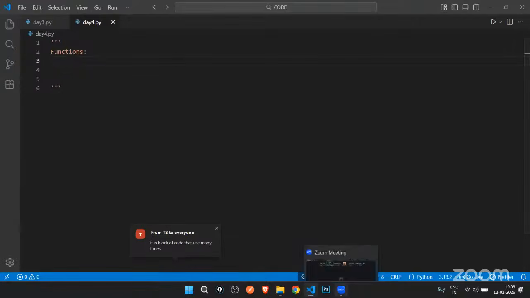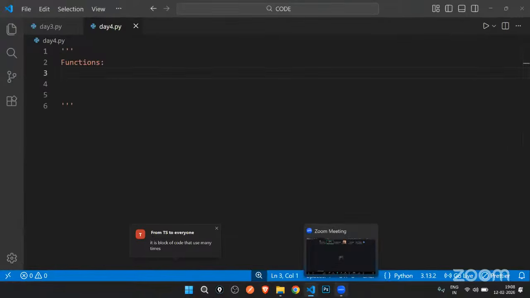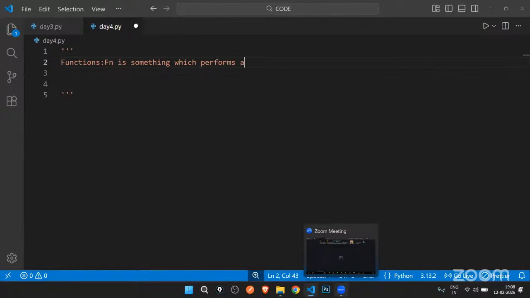Now, if I have to talk about it in a very simple manner, since we have a lot of beginners as well, a function is something which performs a task. It will complete a task for us.